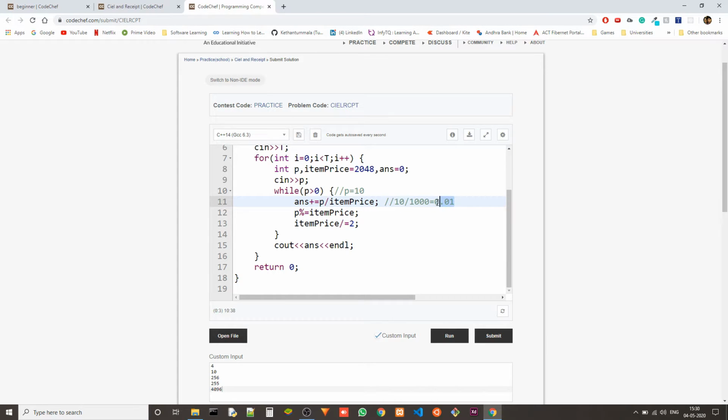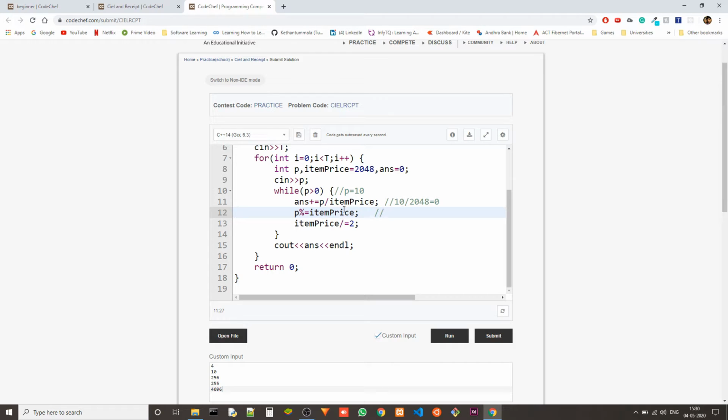be 0, right? And for 2048, it will be something less, like 0.005 or something, like 4 something, but we omit all these and we are left with 0, right? So the answer is actually, we are not adding anything to the answer because the item price is greater than what we can fit inside the given price, which is P. Okay, so we are not adding anything, and then